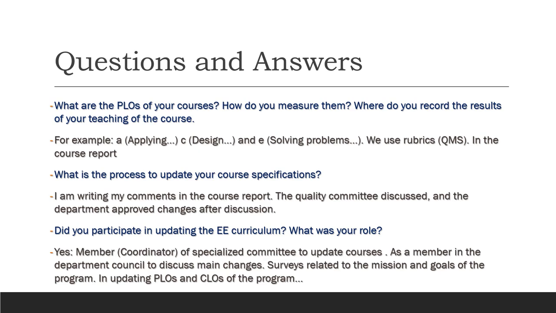department work. What you can do, you can write your comments in the course report if you are the instructor of this course, or you can read the comments in other course reports if you are a part of the quality committee or department. After that, these comments should be discussed, and can be approved or not. This is based on these comments. Not all comments or recommendations should be applied to change the course specifications. They should be rational and applicable, and these changes should lead to achieving the mission and the goals of